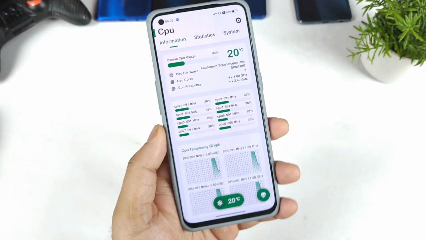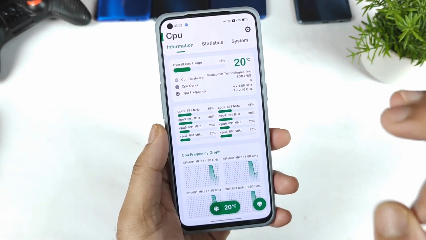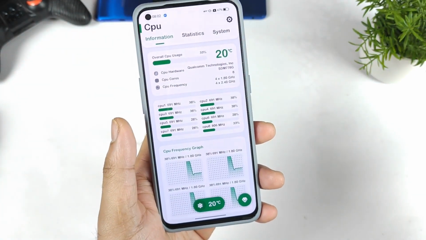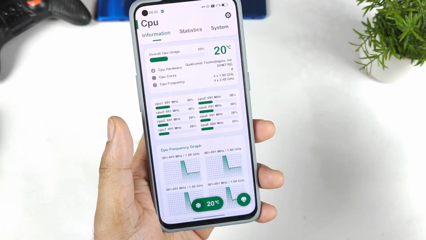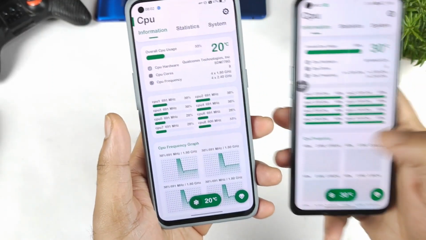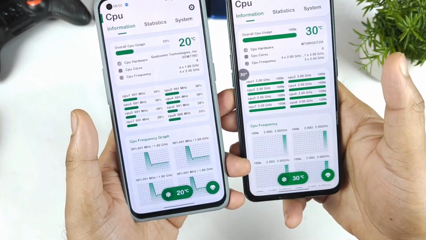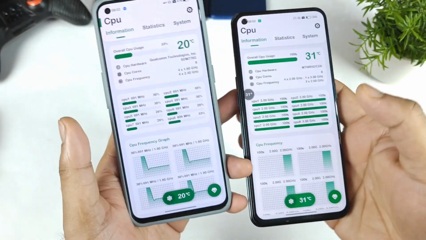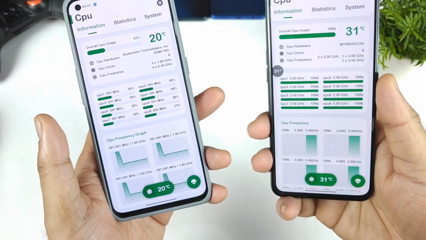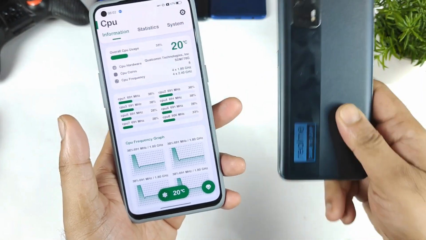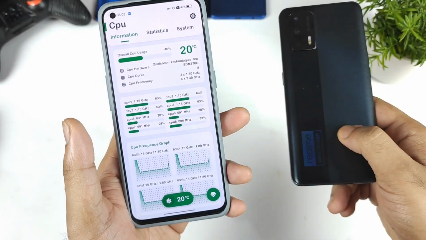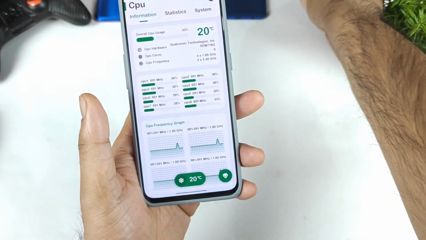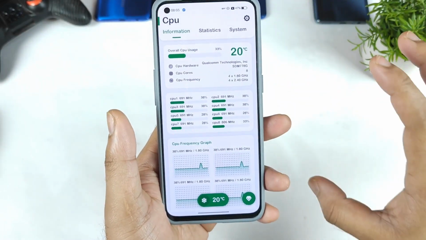No. So in the Realme X1 Max device, if I turn on the high performance mode, everything will reach 100%. Yes friends, all the clock speeds will always be 100%. That is what the Realme X1 Max does. As you can see, all the clock speeds are 100% all the time using high performance mode. Without high performance mode, it will come down to 25%. That's why in the Realme X1 Max, after Realme UI 3.0, it is overclocked and the battery is draining quite a bit faster than usual. It did not happen in Realme UI 2.0, but it did happen after Realme UI 3.0. I'm guessing this might be the reason for the battery draining.